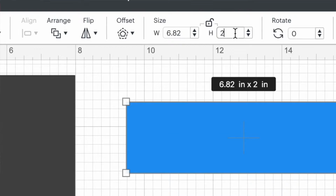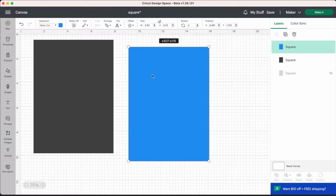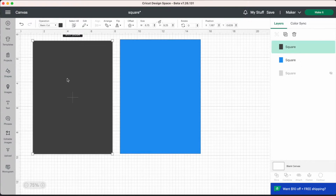expanded to 6.82 inches by 9.32 inches, or 17.33 centimeters by 23.68 centimeters. Now, I know that's not a whole lot, but it's definitely better than before. So if you're making a bunch of stickers, you're going to be able to get a few more stickers on your sticker sheets. If you're using an A4 printer and you're printing on A4 paper, your new cut size is